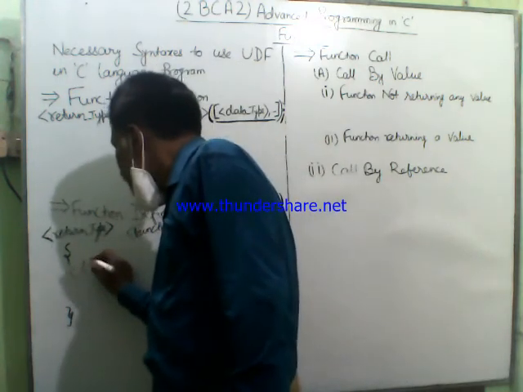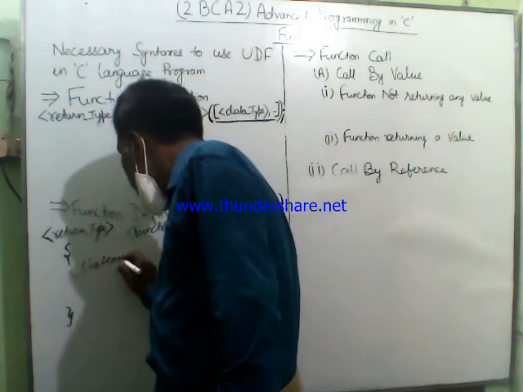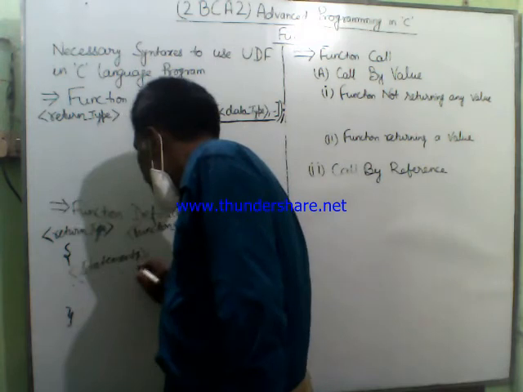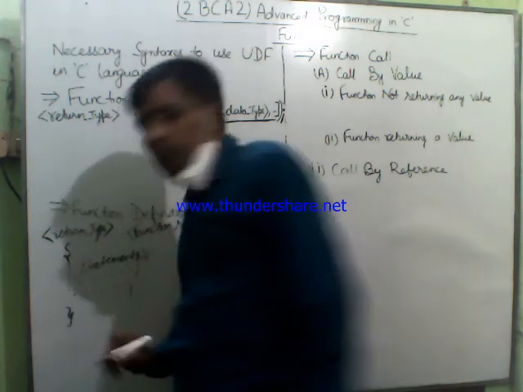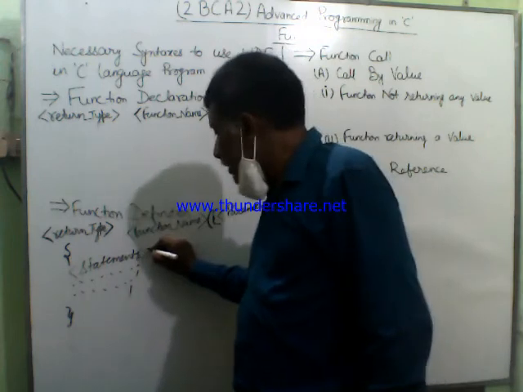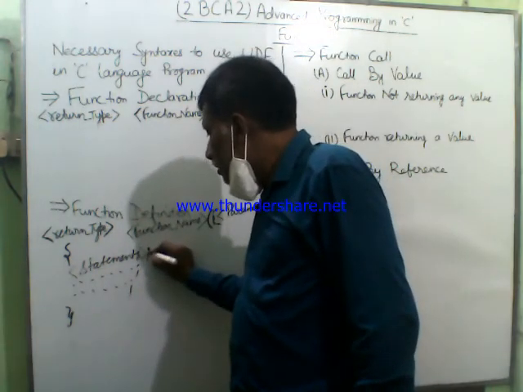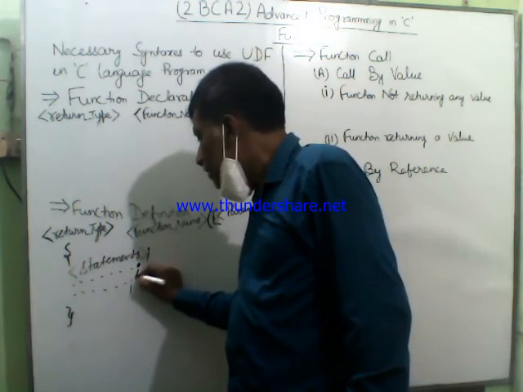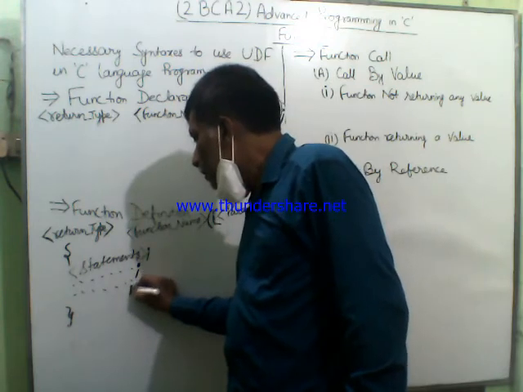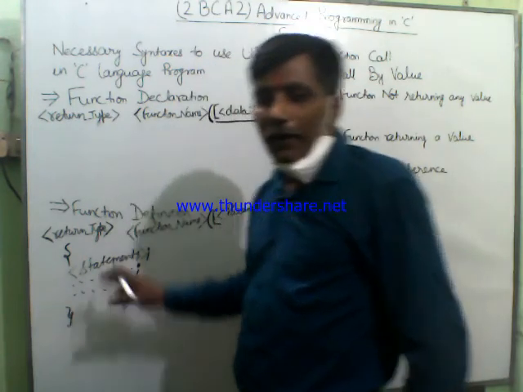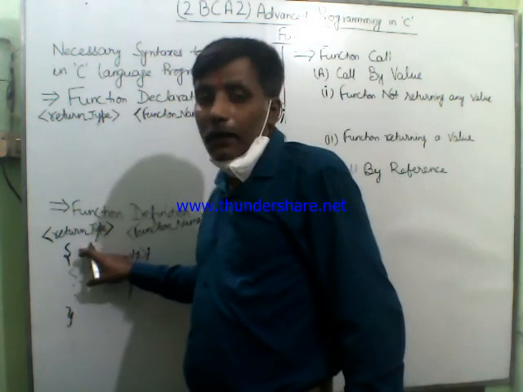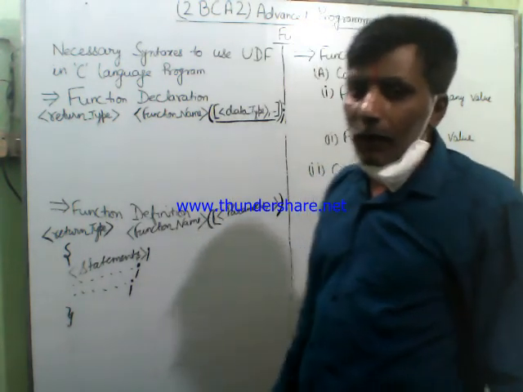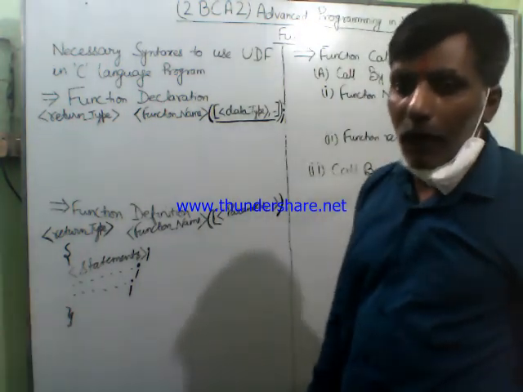And all the statements written inside the curly bracket open and close are written according to the syntaxes of C language. Suppose you are using your user-defined function to perform summation of two numbers, then you have to write the set of instructions that are required to perform summation of two numbers within the body of the function or within the curly bracket open and close of the function while performing the function definition in the program.